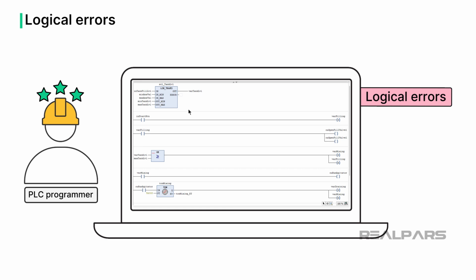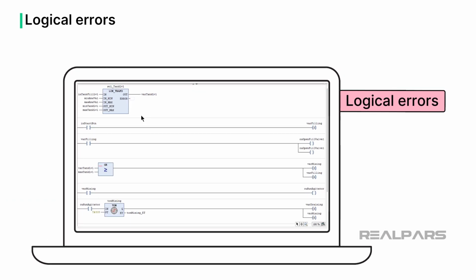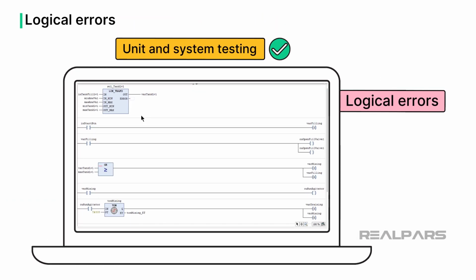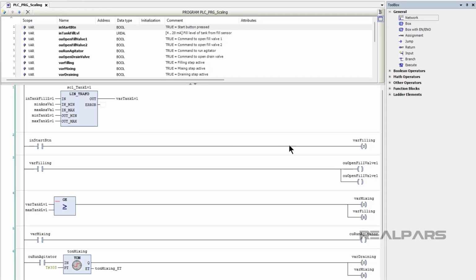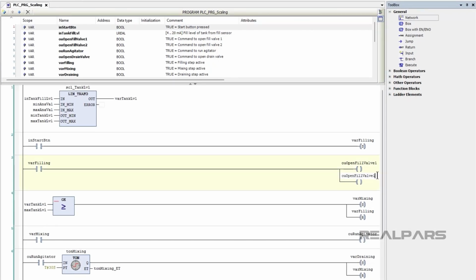Even experienced programmers accidentally introduce logical errors into their programs. And logical errors are one of the reasons why I encourage my students to test their code early and often. By testing code often, we can find and fix logical errors as they are introduced, before the code becomes too complex and difficult to debug. In this case, a unit test would show that only one valve is opening, and I can fix the error by updating the code to use the correct variables.